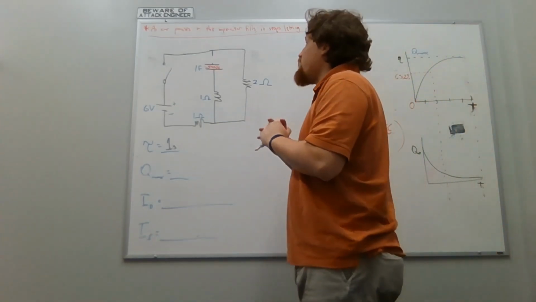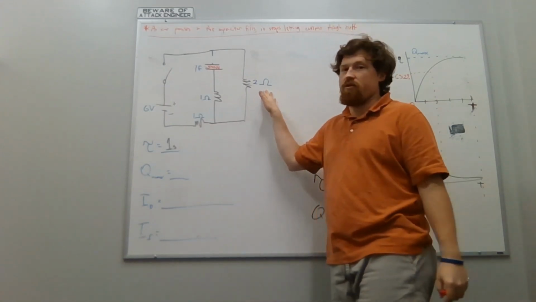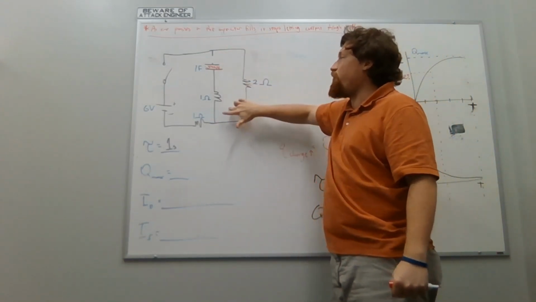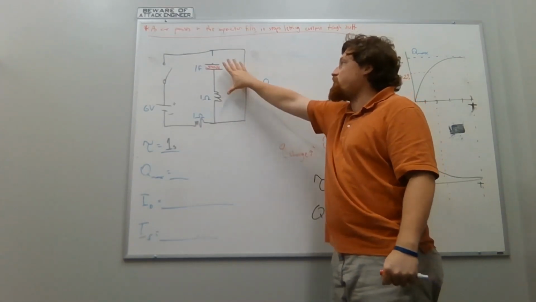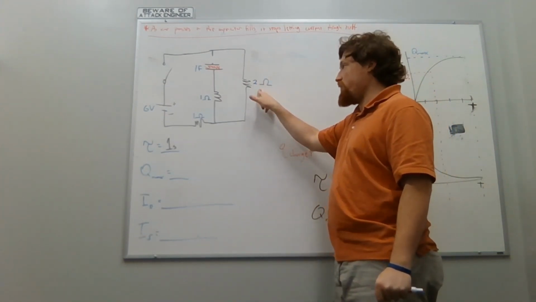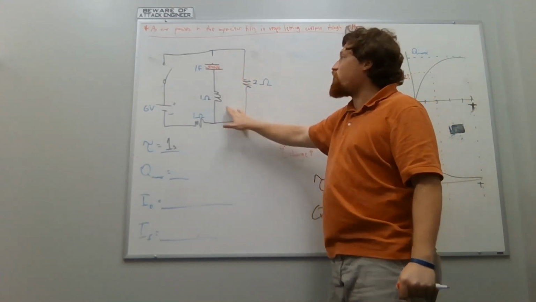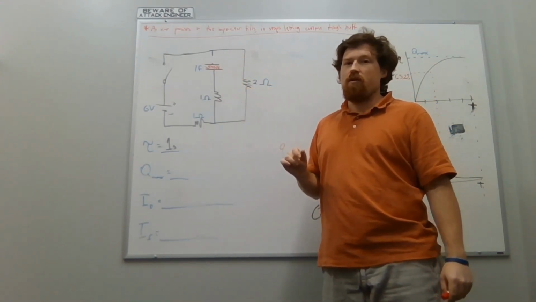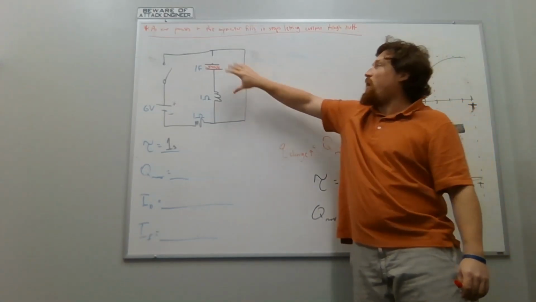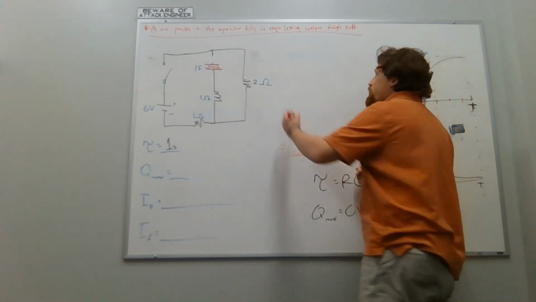Which means our circuit has essentially become just a series circuit with this 1 ohm and this 1 ohm and this 2 ohm resistor. Now, there is still a voltage drop across this particular branch. It's just the only way to find it is by ignoring these for the time being. So what we need to do is figure out the voltage drop across the 2 ohm resistor, because that is the drop from this zone to this zone, which would be the drop across this even when it's fully charged. So in order to do CV, we need to find the voltage drop across the 2 ohm resistor when this branch is functionally disconnected. So in order to find that particular voltage drop, we're going to have to do